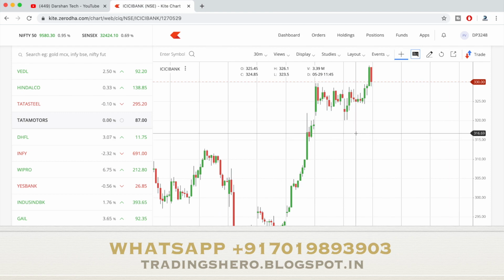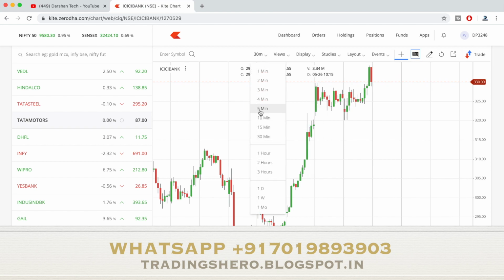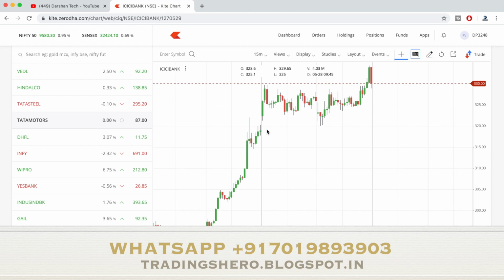So this means that whatever time frame you change the chart to, it will tell you what is happening in the chart. Every different time frame will tell you something different about the trend that is going on in the chart. Okay, so if you are doing intraday trading, 15 minutes or 5 minutes is preferable. And now for this analysis, what we're going to see is the first thing,